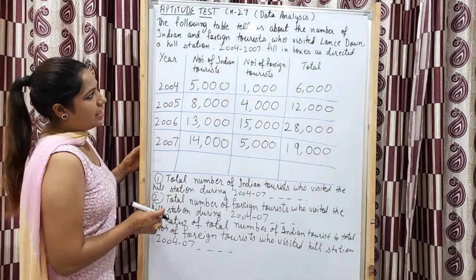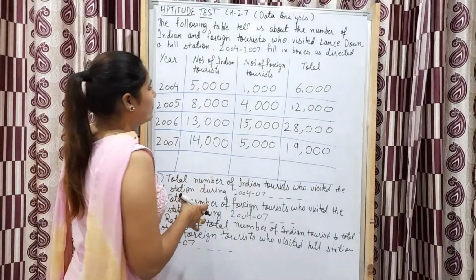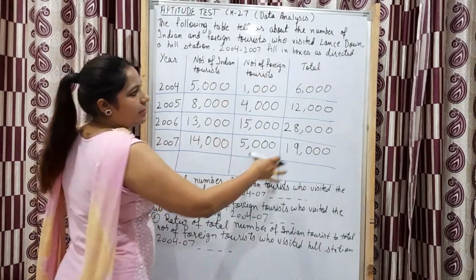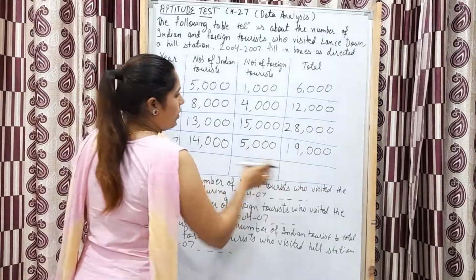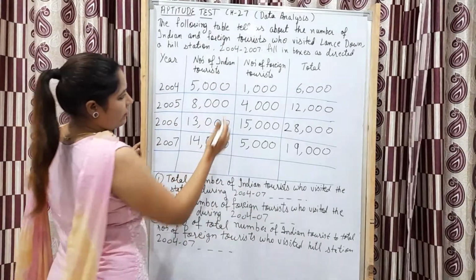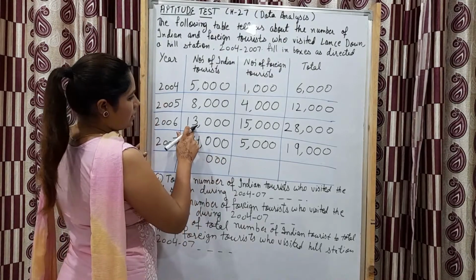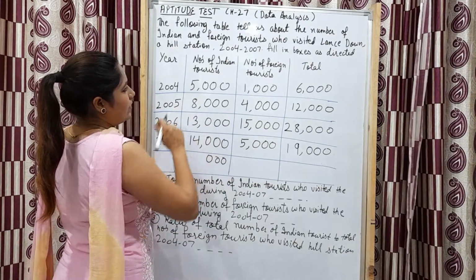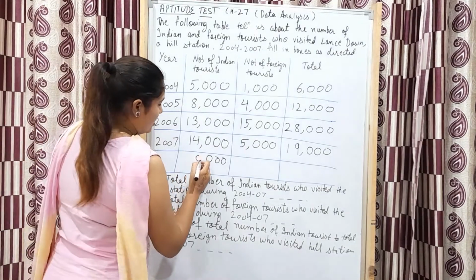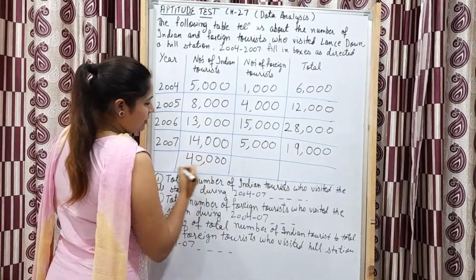Now they are saying we will add vertically. We will add them and we will see what we will get in these boxes. Now first here we will add them, 3 zeros as such. Then 4 plus 3, 7. 7 plus 8, 15. 15 plus 5, 20, 1 3 4, 40,000.